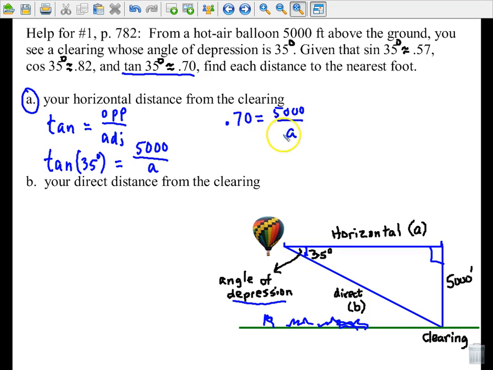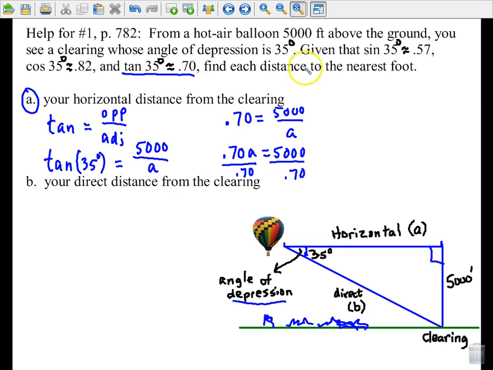And I'm just going to go through some algebra here and solve for A. So I'm going to multiply both sides by A. And then, of course, we'll divide by 0.70. And you definitely will use your calculator a lot in this lesson, so let's just go ahead and see if we can come up with 5,000 divided by 0.70, and that's